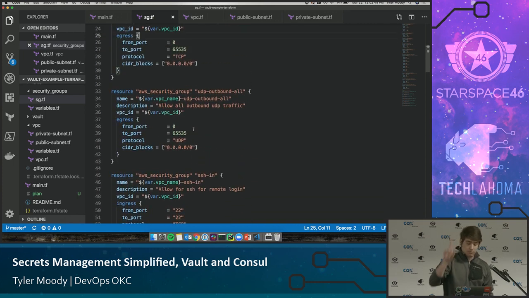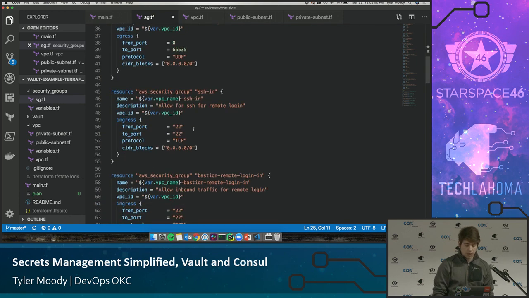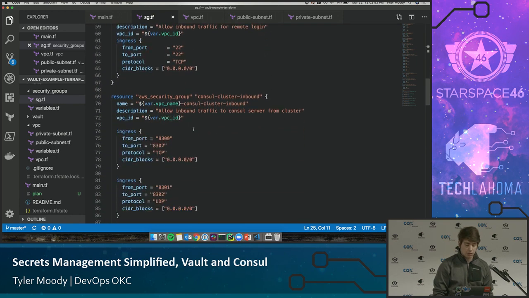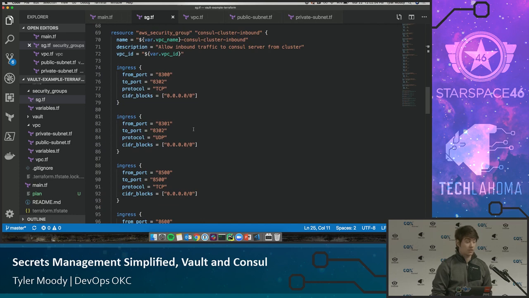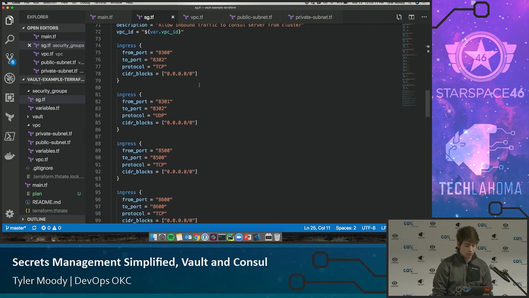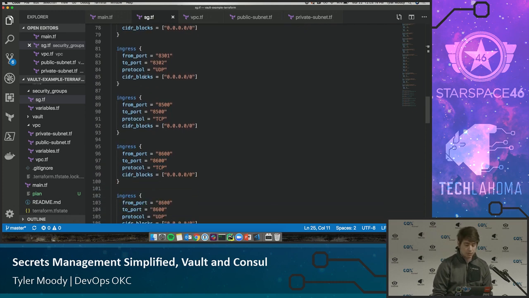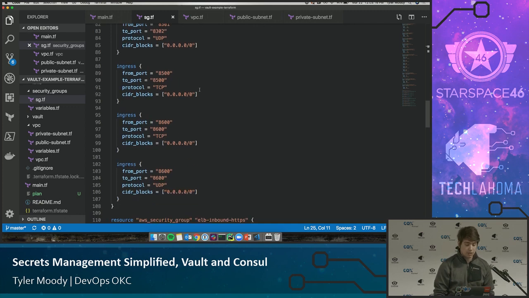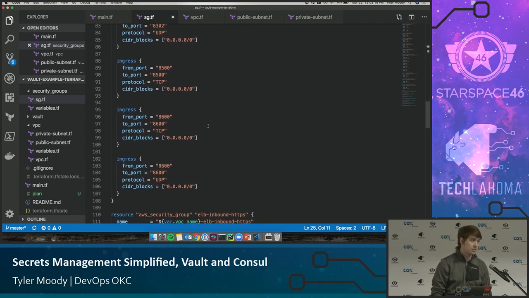UDP outbound all, that's used further up, and then SSH, a bastion remote login, and the Consul cluster inbound. So this is the one that is all the ports. It's all the magical ports. Now, the Vault boxes need this too because they're running a Consul agent. Technically the Vault boxes are running Consul. They need all the same ports opened up so that it can communicate with the cluster appropriately. So 8300 to 8302 on TCP, 8301 to 8302 UDP, and then my 8500 and 8600s for TCP and UDP